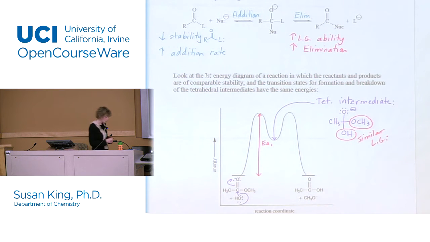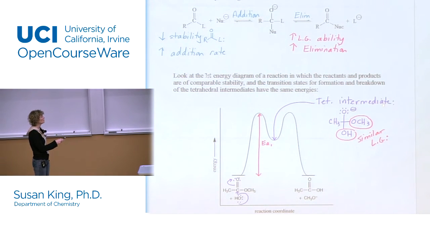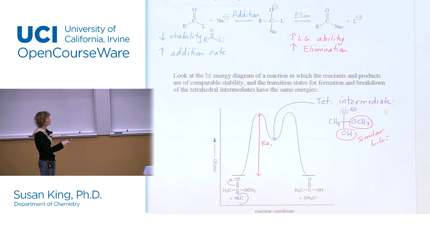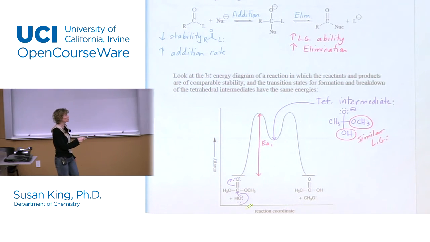So this tetrahedral intermediate is going to want to go back to a carbonyl. If this methoxy group comes off, it'll go here. So it starts off here, it will go here. And if the hydroxide comes up, it will go right back to starting material. And because those 2 leaving groups are about the same, we have the same height for this energy barrier here for both of these. So what we're going to have to do is when we're trying to take an ester